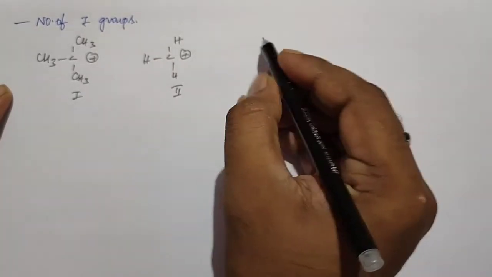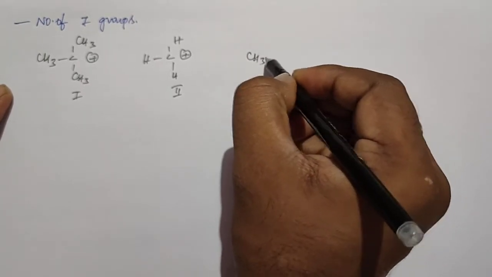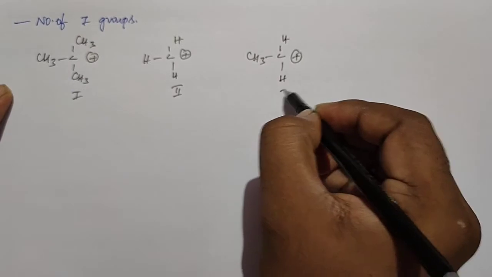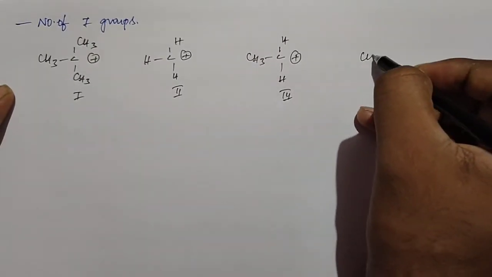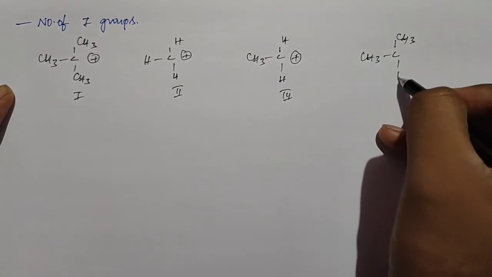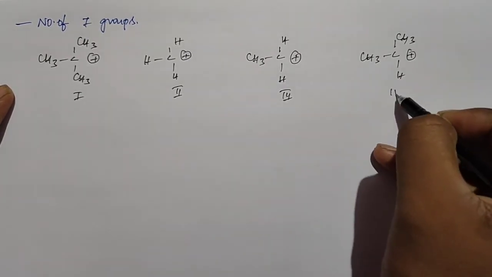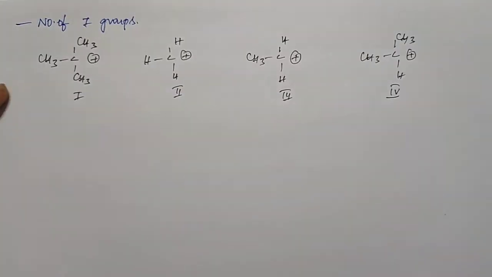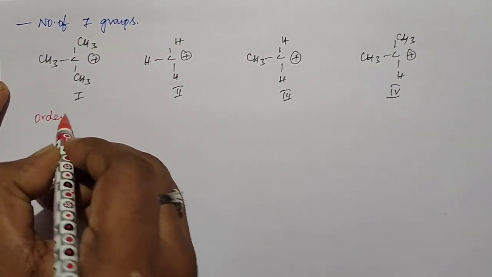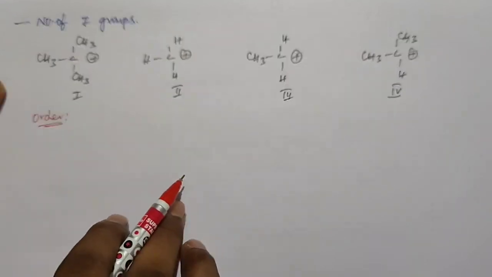Then CH3 C H H plus, this is structure 3. And structure 4 is CH3 C CH3 H plus, this is structure 4. So if you take the order of their stability,